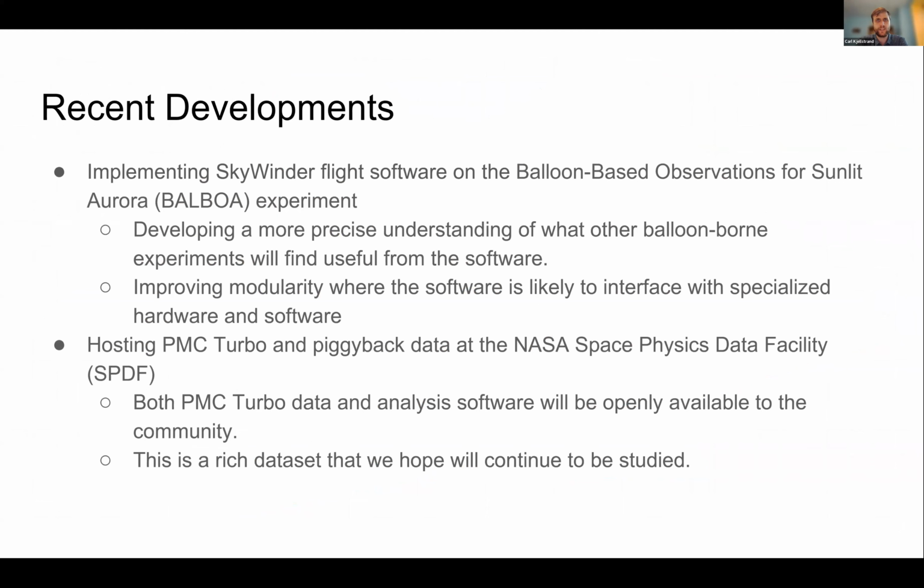In the last couple months, there have been a couple particular developments. The first is that, as part of another subcontract, I've been working with the Balboa group, which is an auroral imaging group, to help implement the Skywinder flight software on their experiment, which is great. It's a bit of a trial by fire to make sure that we're understanding exactly what other groups are going to want, and